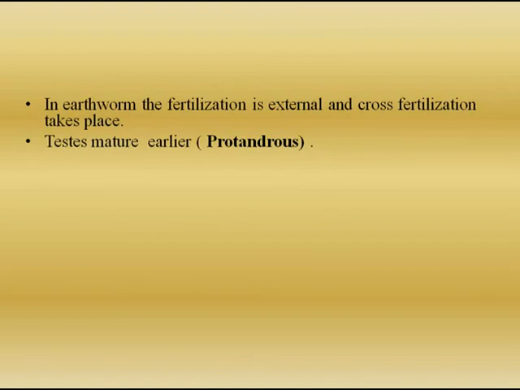Actually, why earthworm do not self-fertilize? There are two causes of this. First one is earthworms are protandrous, that is the male sex cells mature much earlier than the female cells. Therefore, self-fertilization is not possible. And one more is the relative position of ovary and testes also makes self-fertilization impossible. Copulation occurs during rain at night or early morning.